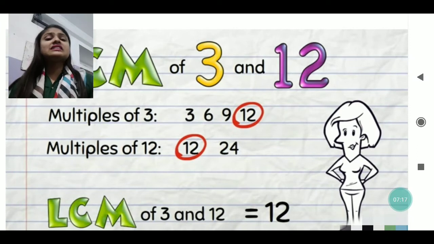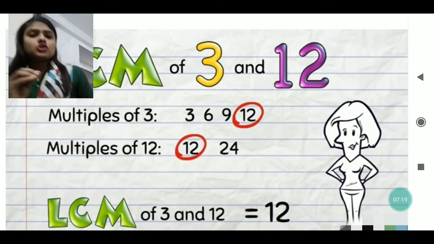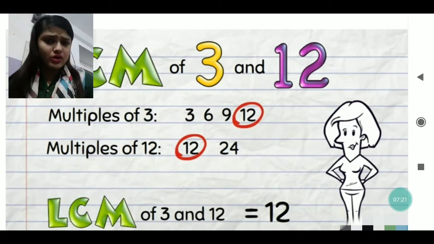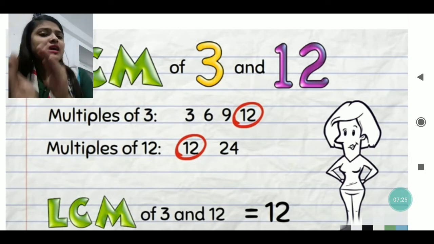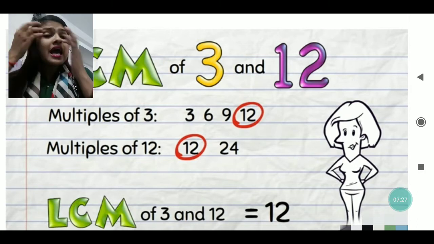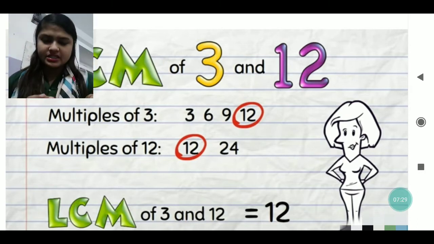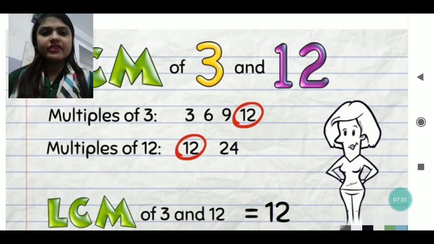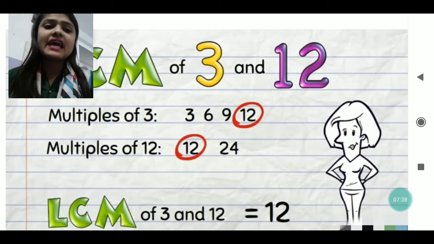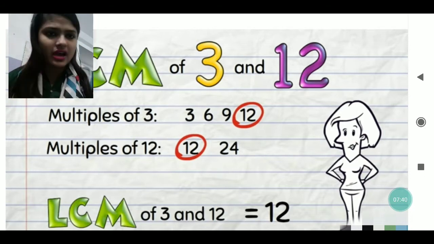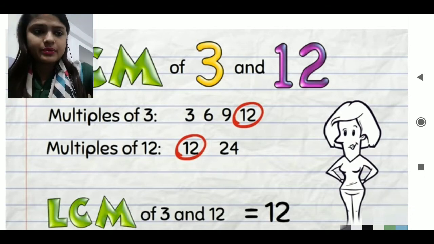Likewise, you can see the LCM of 3 and 12. You have to find the LCM of 3 and 12. So you first write the multiples of 3 as well as the multiples of 12. After writing both, you take out the common ones between them. All the common ones you circle. The first common which you get will be the least. Like 3, 6, 9 and 12 I have written.